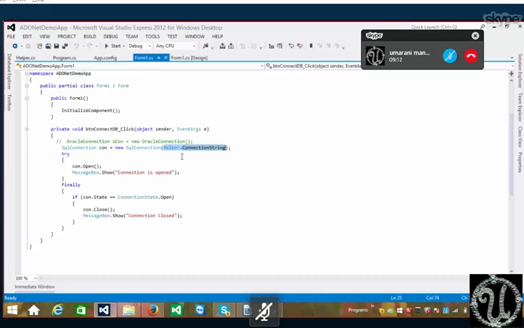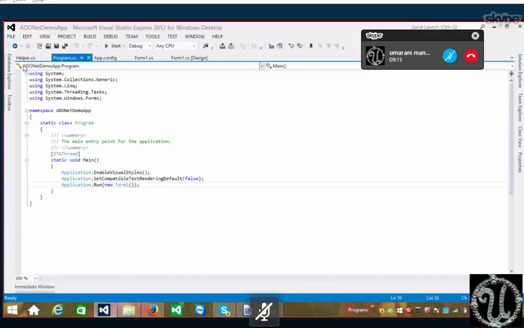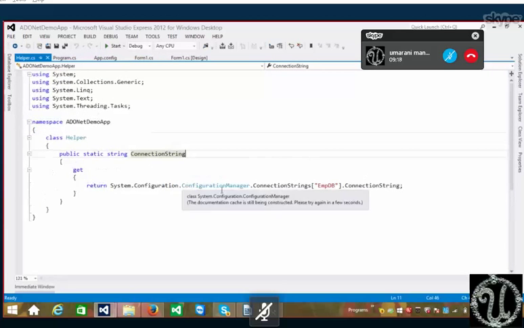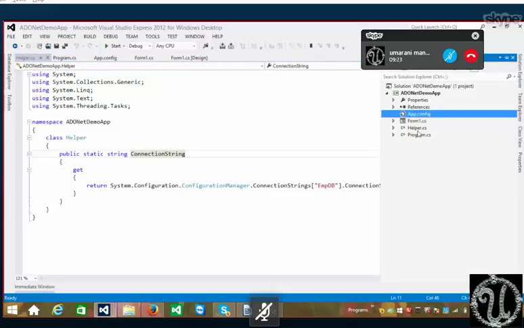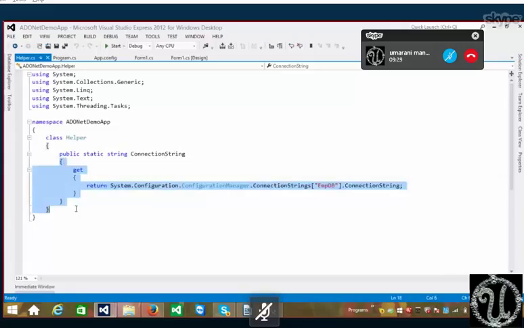And one more thing. Instead of writing System.Configuration.ConfigurationManager.ConnectionStrings every time, what I did is I added a class to the project with the name Helper. Inside that Helper class, I created a public property with the name ConnectionString, and that is of type static. Inside that I'm writing the get block. In the get block, what I am returning is System.Configuration.ConfigurationManager.ConnectionStrings of that alias name.ConnectionString. It is going to return the connection string